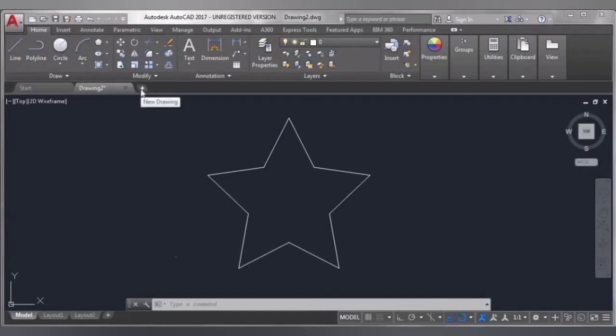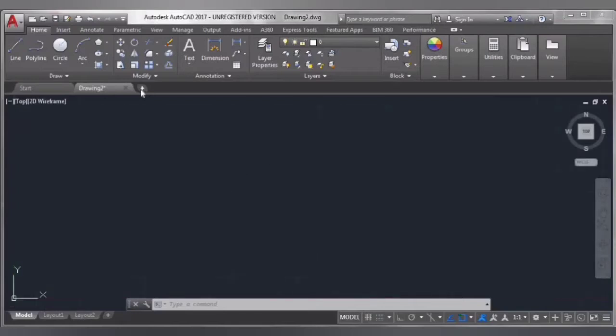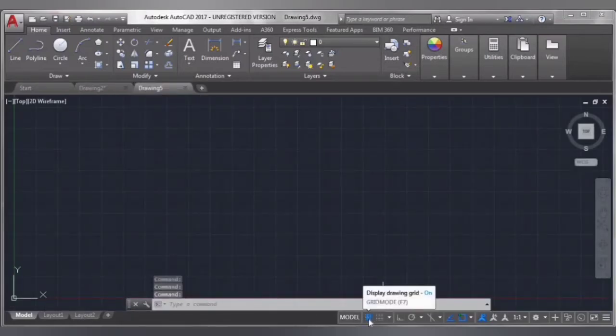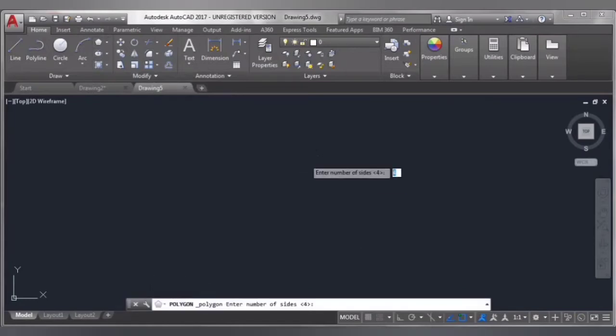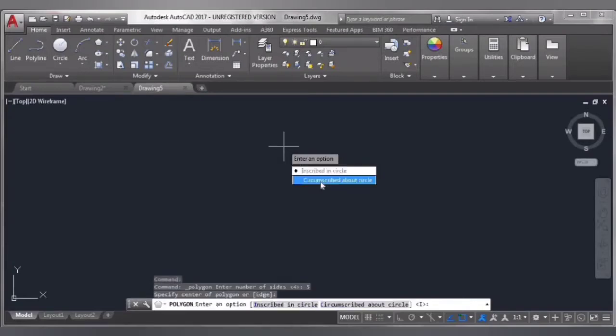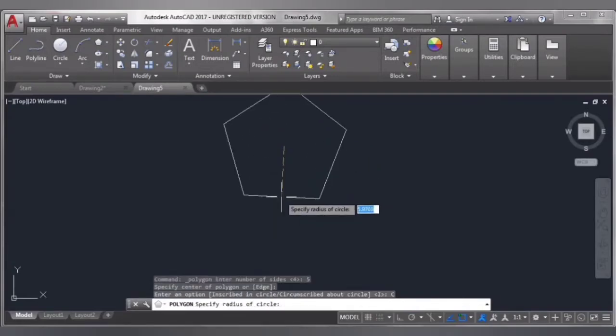First of all, I'm taking a new page, switch on grid mode. I'm taking polygon by 5 side, enter, click on here. I'm taking 20 radius for this polygon, enter,